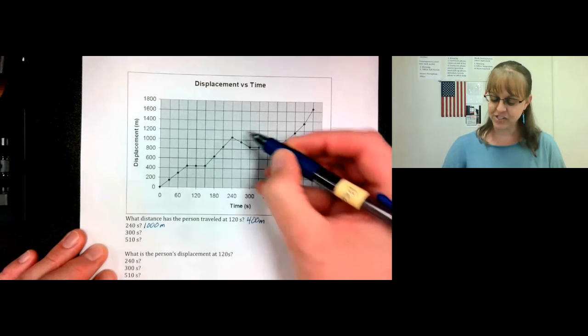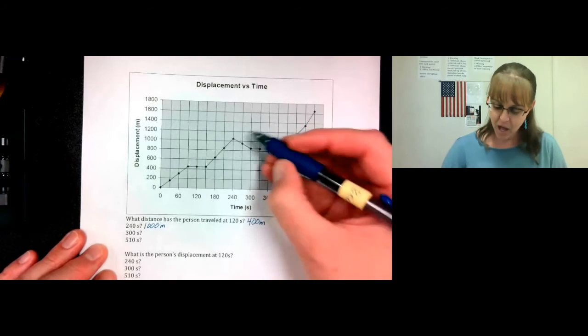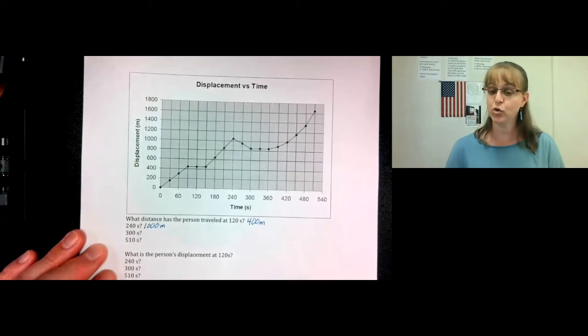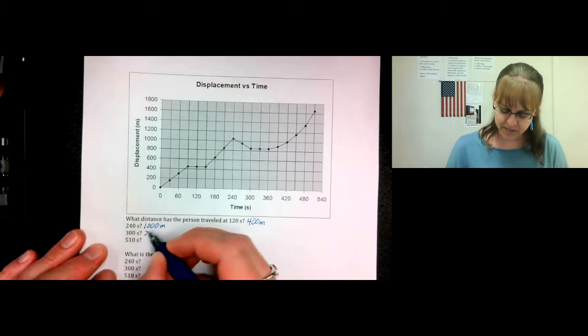Then at 300 seconds, we have come back. So we traveled 1,000 meters away, plus we went from 1,000 back to 800. That's 200 meters coming back. So that's a total of